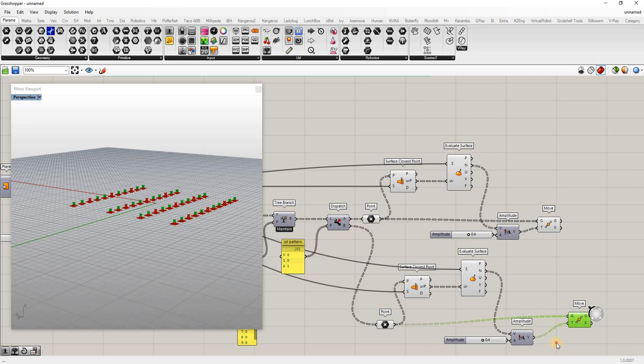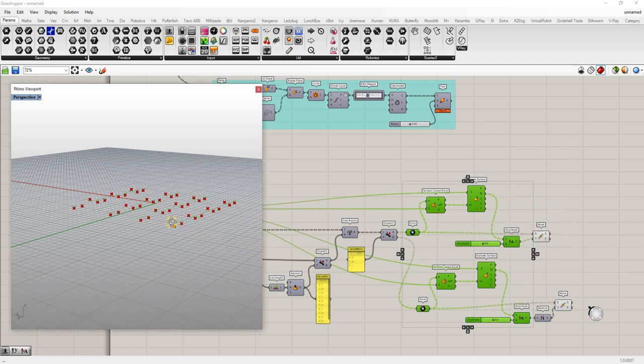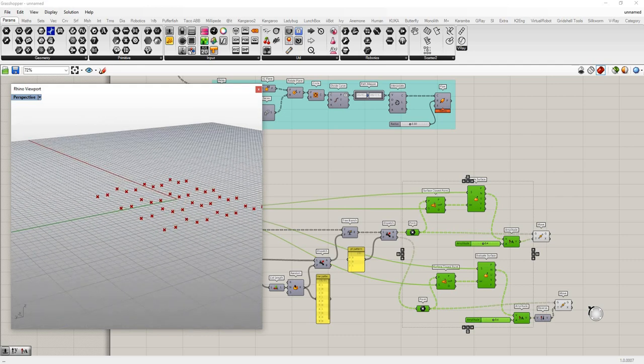And instead of moving them up, I'm going to flip this vector around. So I'm going to reverse it. Move this down. So if I hide all these things, what I have left is a set of points that go down, up, down, up. So we're starting to build that weaving pattern